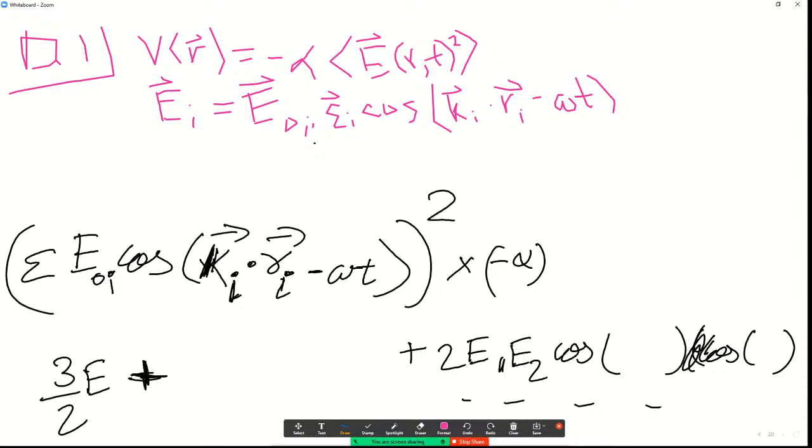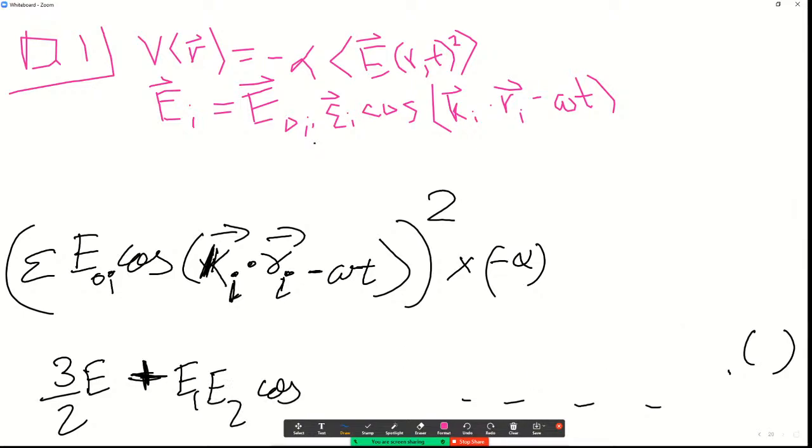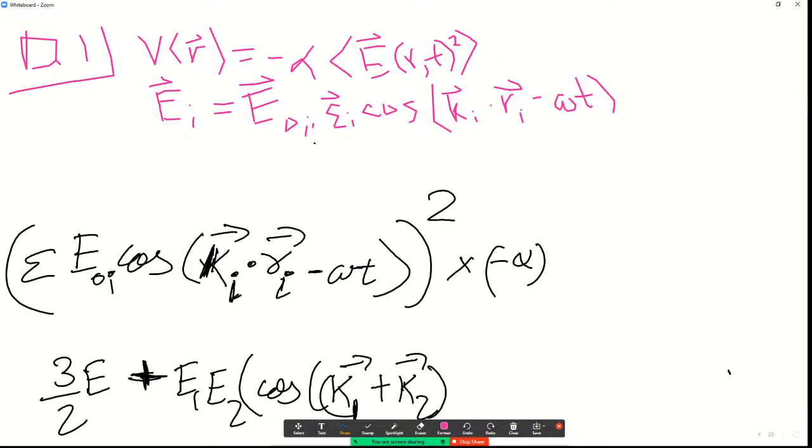Okay, for the average, I think we can write 2 cosine into addition form. So we can get E1 E2 cosine of the addition of both, that is k1 plus k2 vector dot R, minus 2 omega t,